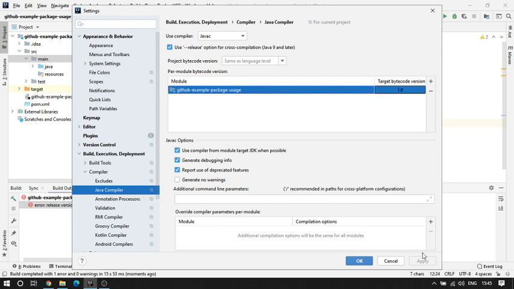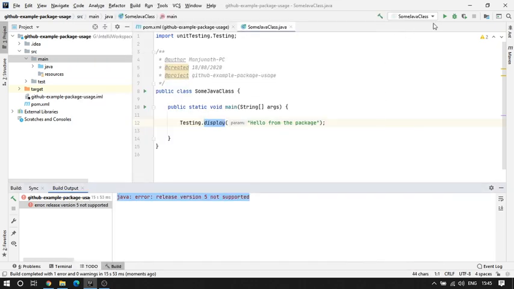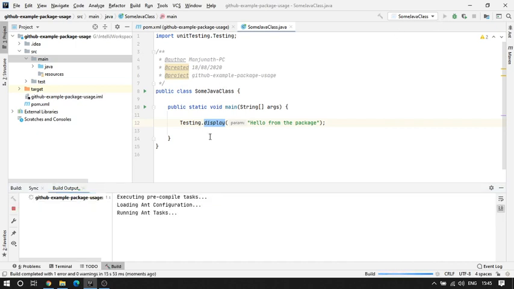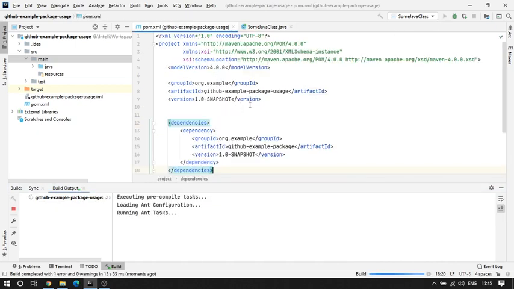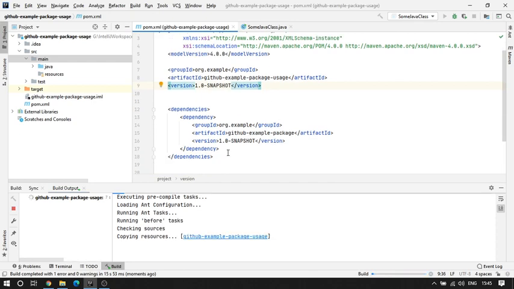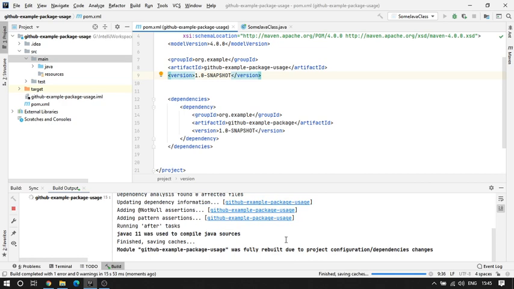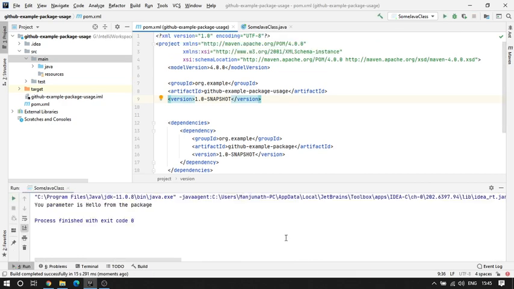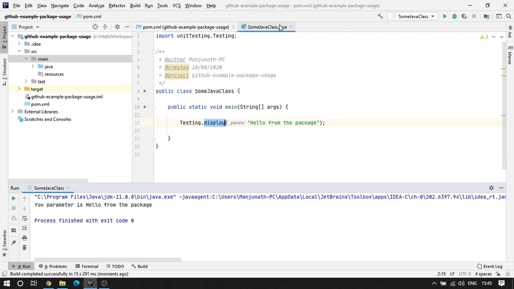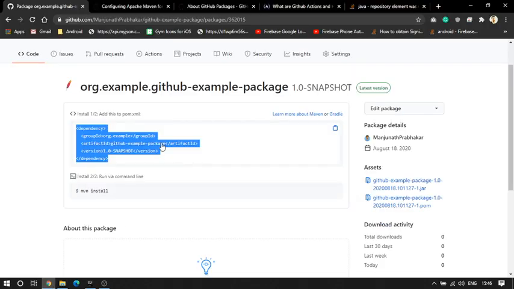Let us complete this. So what you can also do, if you get this kind of error in a Maven project, is add the properties file for Maven usage. Okay, so the build is running, it is parsing our project. Only after this is done, our Maven project will get started. Okay, see, your parameter is hello from the package. This is what you have sent, right? Your package is now ready.